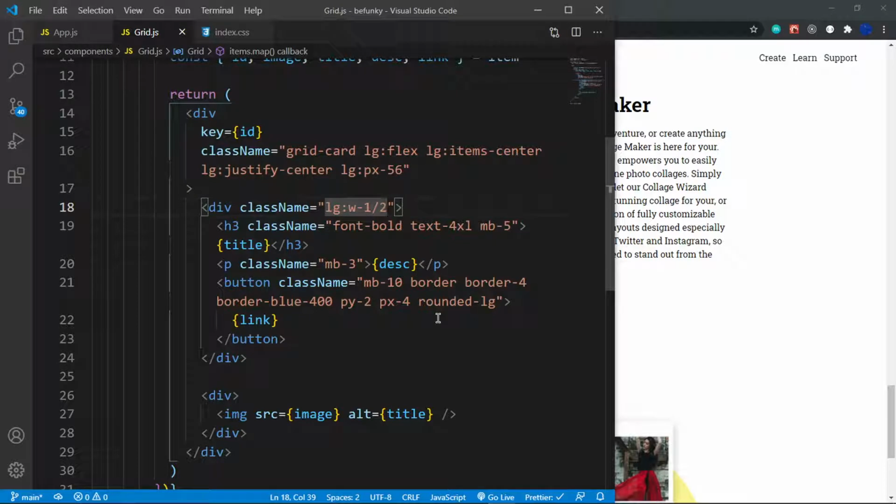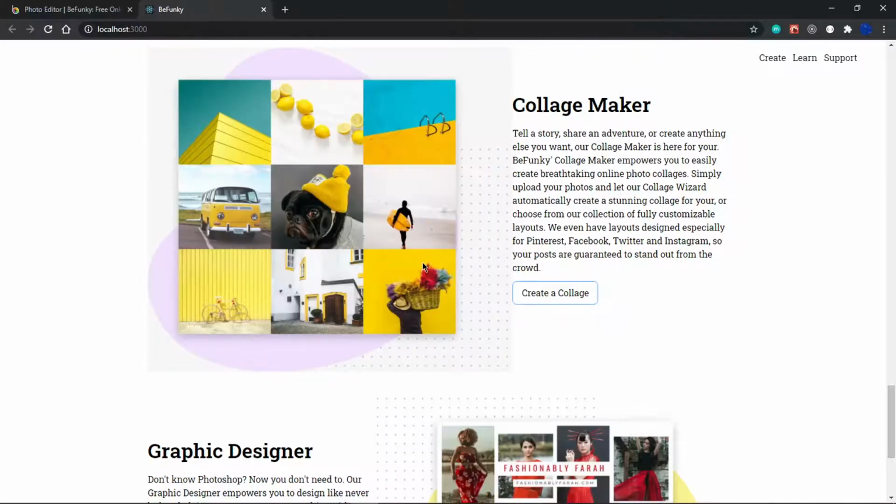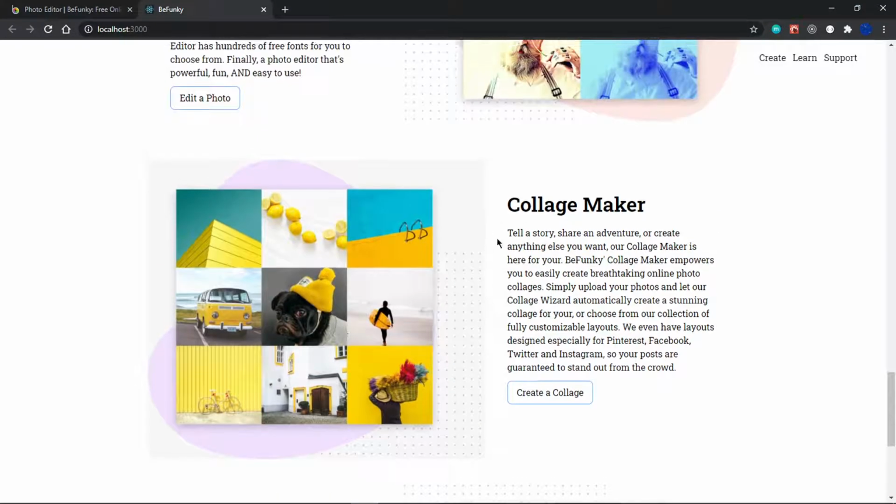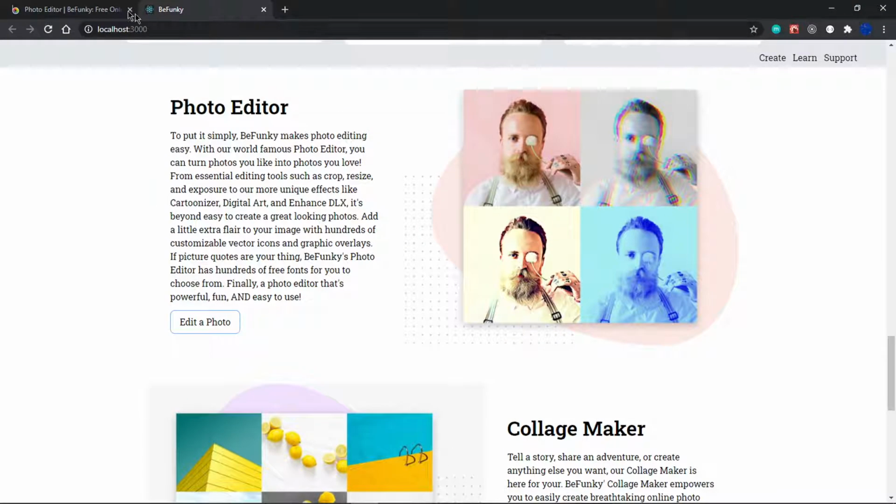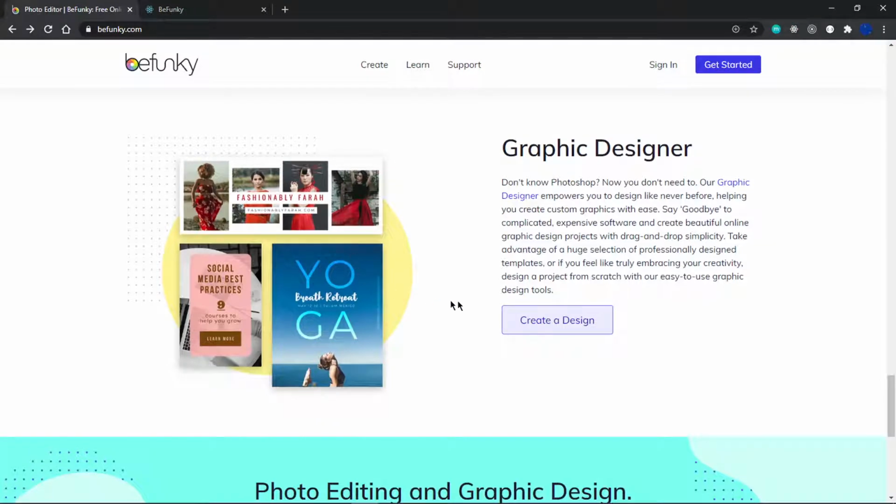Let me see, why am I displaying flex? I'm displaying flex here. So I'm going to say that for large screens, I want the margin not on the right, but on the X to be 10. Let's see how that goes. So it adds a bit of margin, as you can see. Yep,